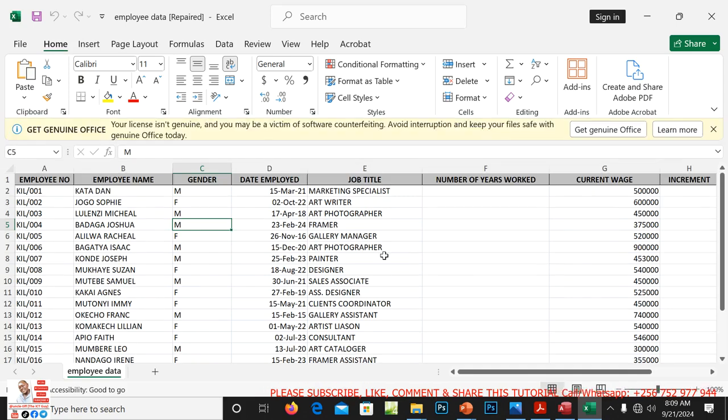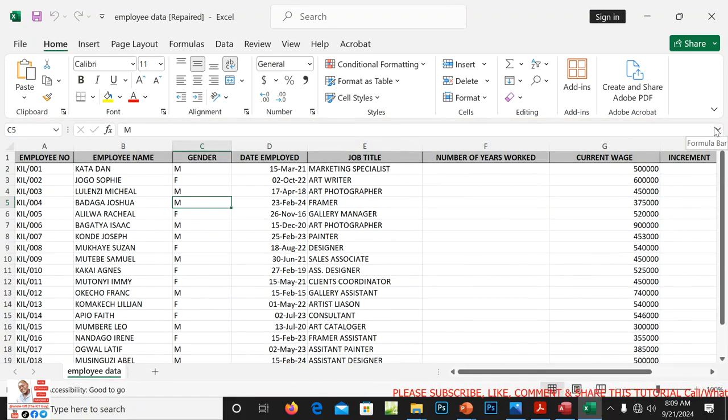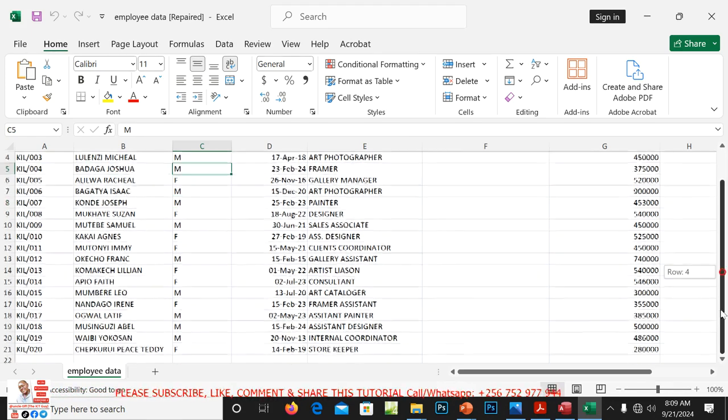So you see, I've tried to export or extract the access file into a spreadsheet file such that I can make some calculations here. You see, so here we are.